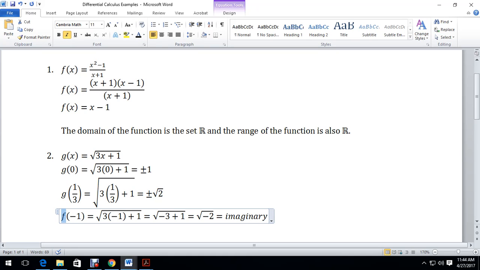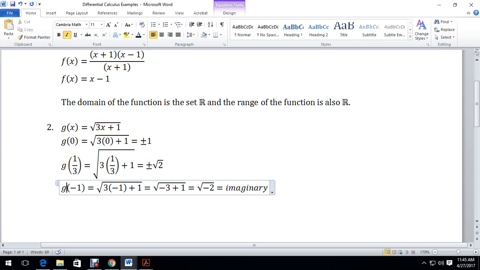Now suppose we assign a negative number in our function, such as a number negative 1. So this would result into 3 times negative 1, that would be negative 3, plus 1, that would be negative 2. Obviously, extracting the root of negative 2 results into an imaginary number, an imaginary number which is outside R. So it follows, if this result actually generalizes every negative number that can be assigned to our x, then we cannot actually assign any negative number in x.